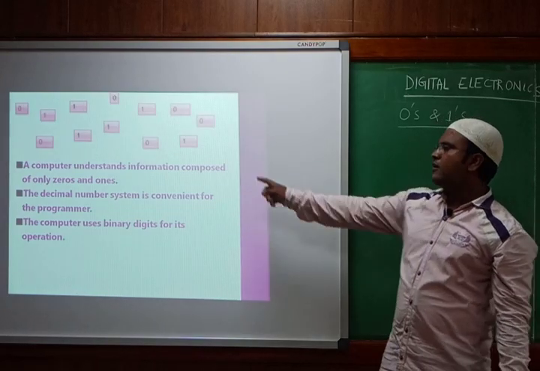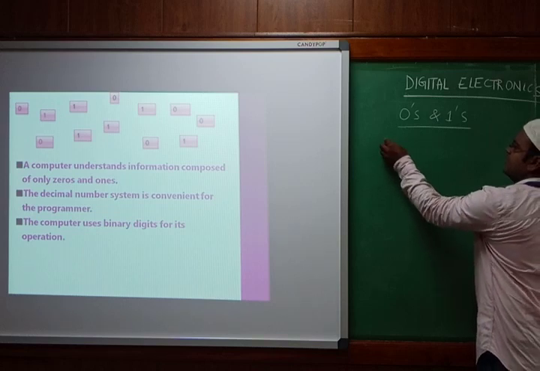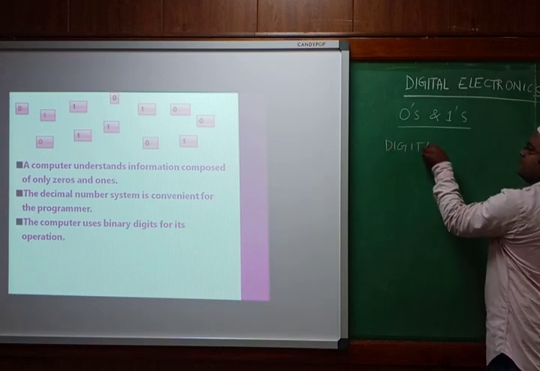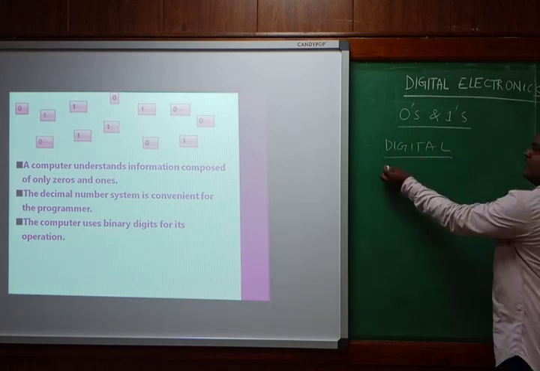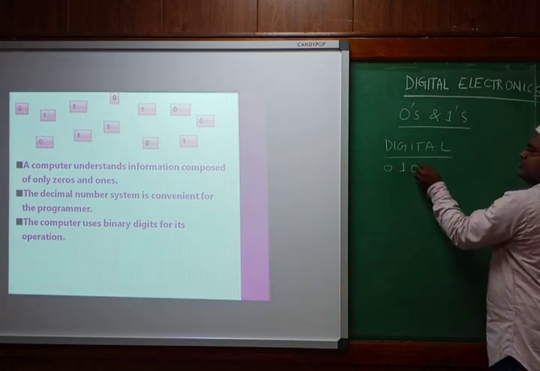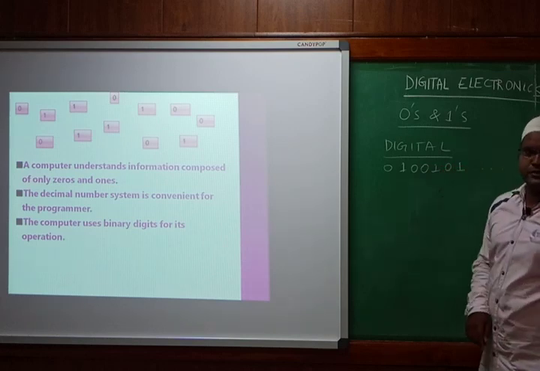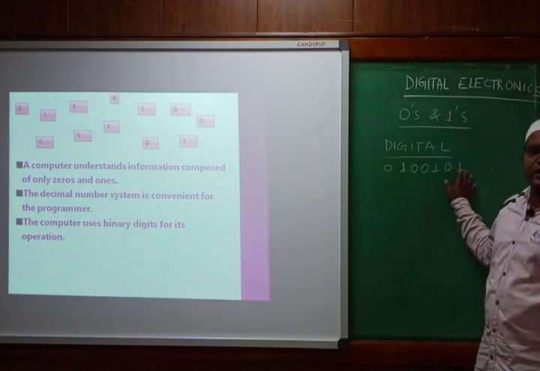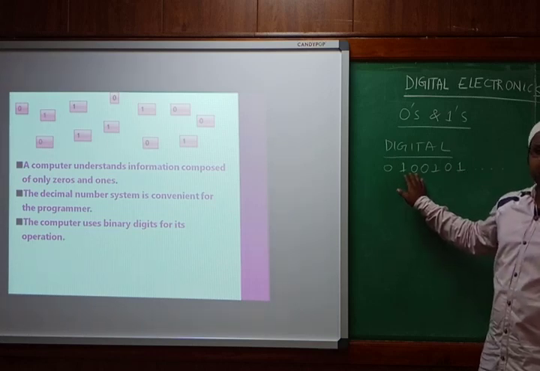Next, whatever the information is, if I want to type, say, "digital", then in this format the computer can convert it into 0, 1, 0, 0, 1, 0, like that. It will convert it into the respective values. How can those numbers be converted, how is that number obtained? That is the meaning of the number system.